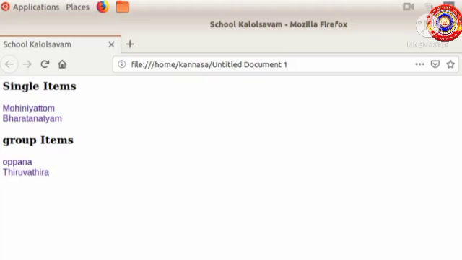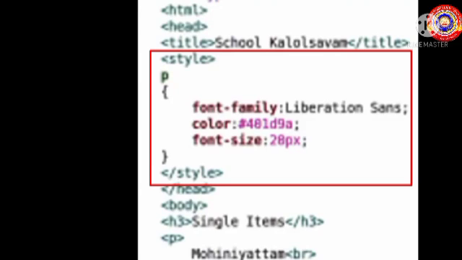Okay. Listen children, in this case we have used the style tag to create a new style for the paragraph tag. If we didn't set the style for the paragraph tag in this program, we would have to mention all the properties, font family, color, font size, two times in this program.